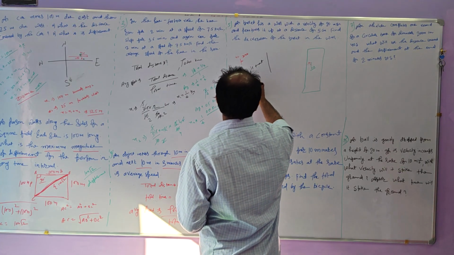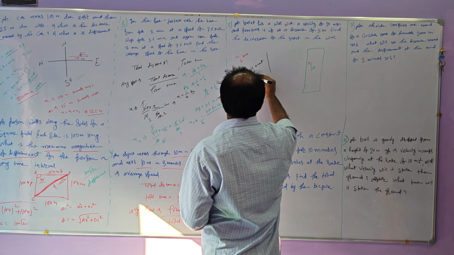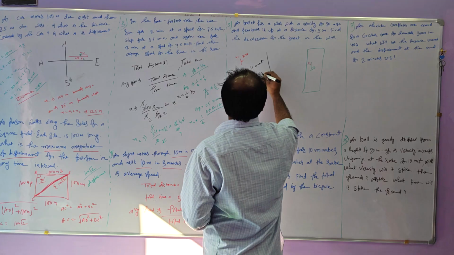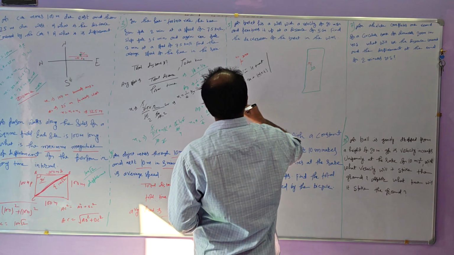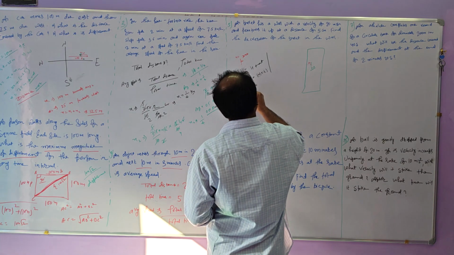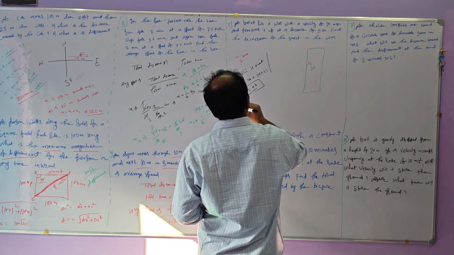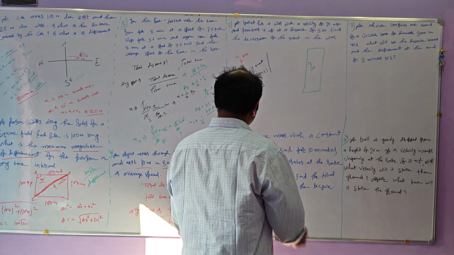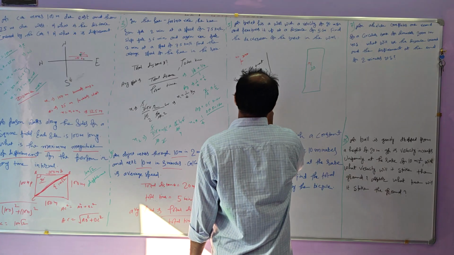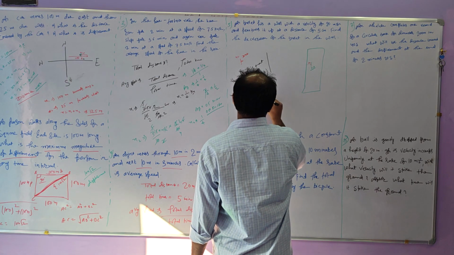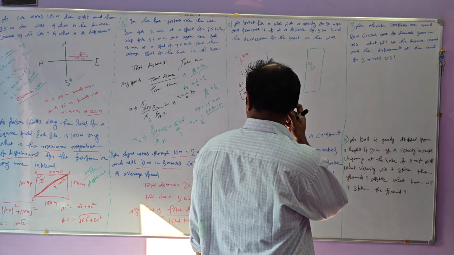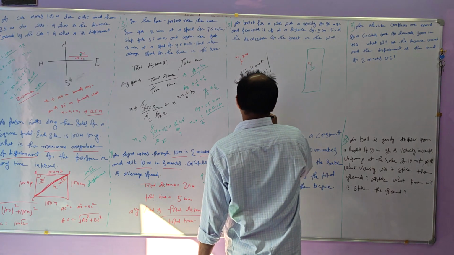If v becomes 0, then u plus or minus a into t gives 0 = 20 + at, so at = 20. So we need to relate with displacement: v square minus u square is equal to 2as, and v is equal to 0.